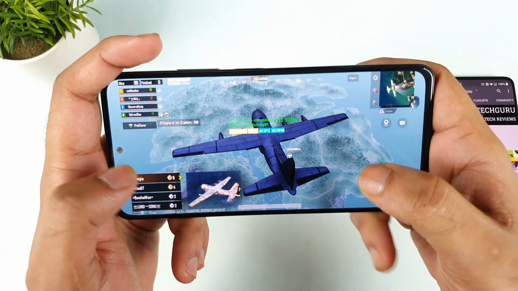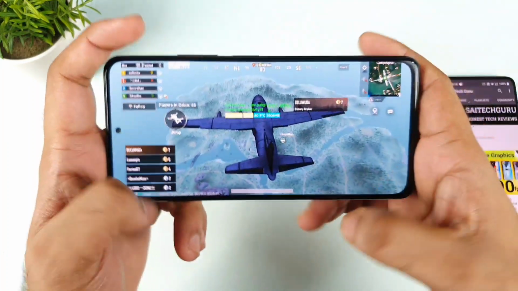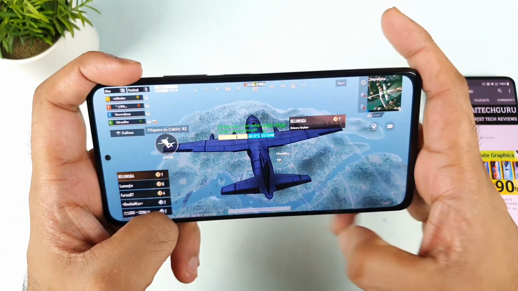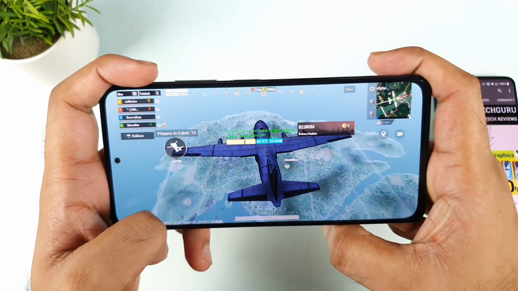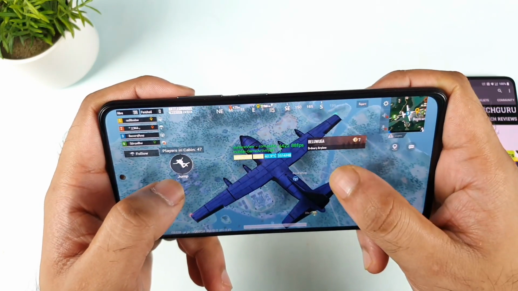This is the second time I'm doing the drop test. Let's see what happens this second time and how much the FPS will drop. I'm doing it just one or two times so you'll have a clear idea of what is going on in the MI11X device. So let me try the drop test.